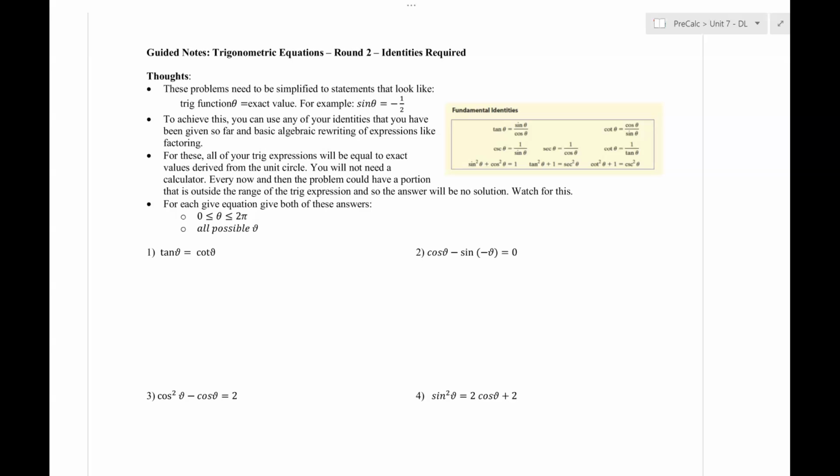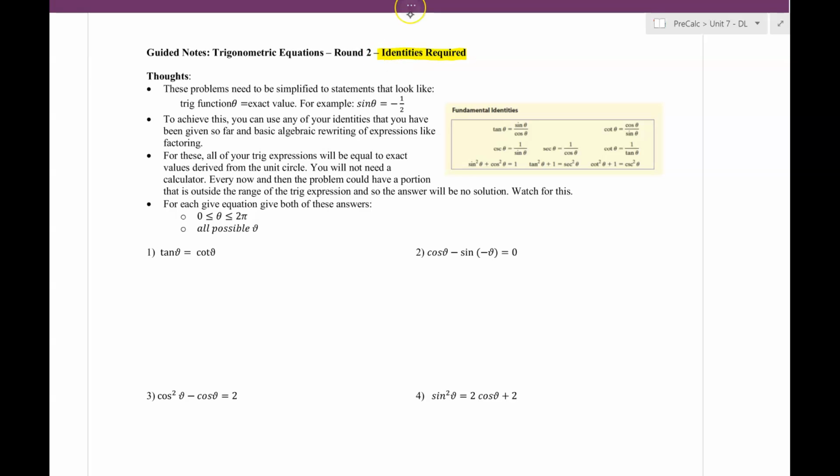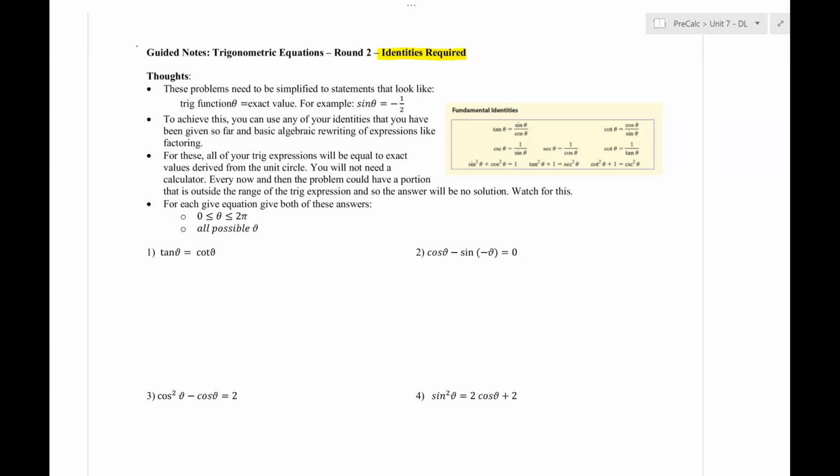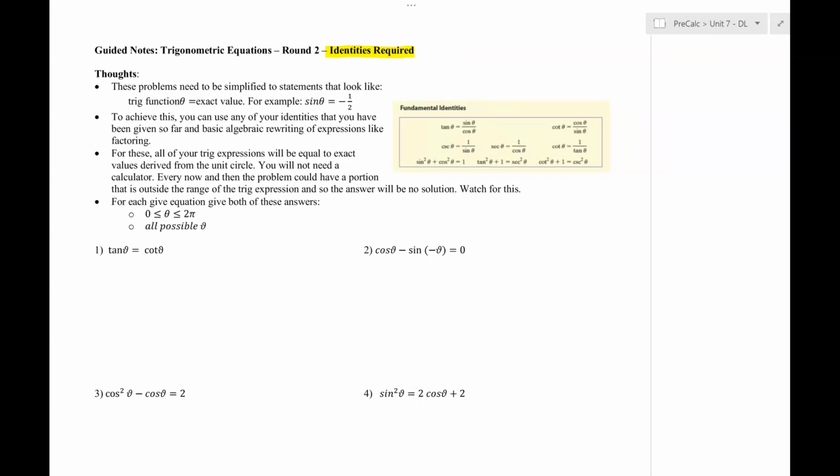All right, welcome back to solving trig equations, but now it's going to require identities. You guys have seen these before, and we actually did derive them. I'm going to derive them again real quick for you. After I go through the derivation, if you need more, you can find it in